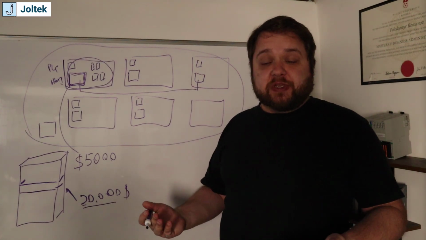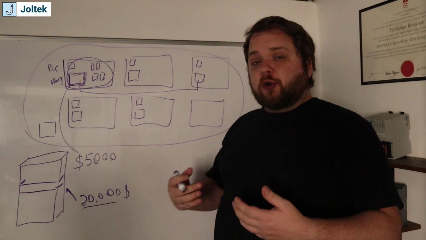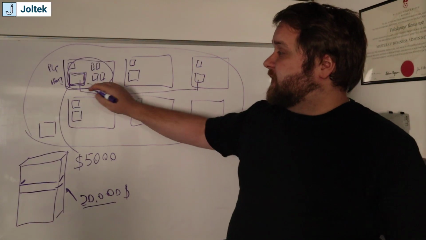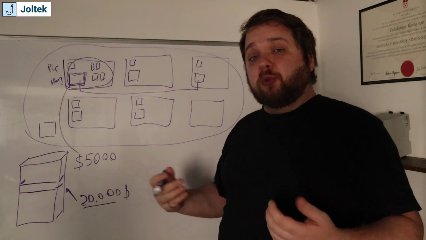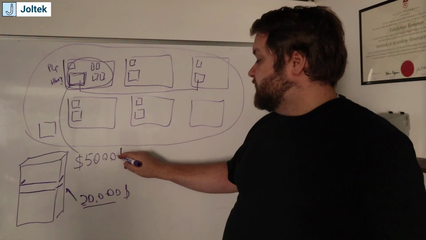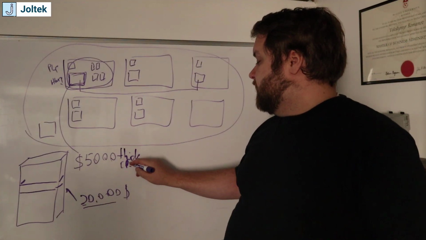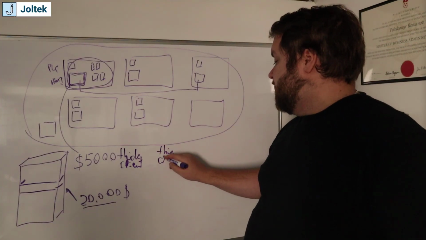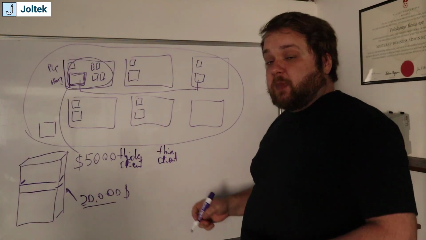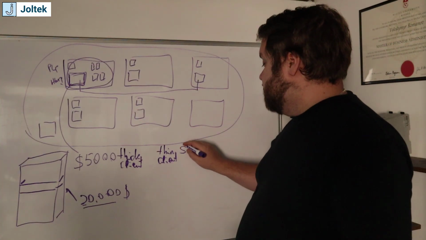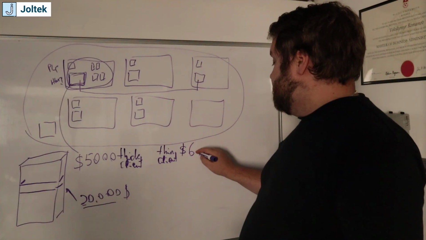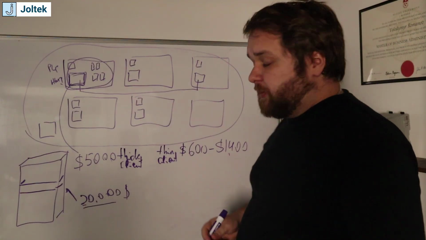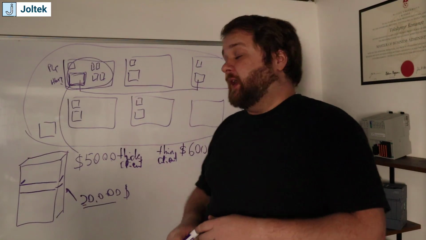Well, what becomes interesting with SCADA systems is that they also allow the distribution of what is called thin clients, right? So in this case, the HMI, as I've said, is a full-blown computer that could be replaced. So let's assume that this is a thick client, with a thin client. A thin client, as the name suggests, is the opposite of a thick client and usually comes in substantially cheaper, right? So it could be $600 to, let's say, $1,400, depending, of course, on the size of the HMI and the